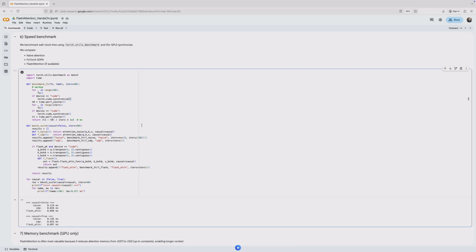Then we record a start time, run the function many times, synchronize again if needed, record the end time, and compute the average time per iteration. Finally, we return the result in milliseconds, which is an easy unit to read when operations are very fast. Next, the function bench_suite defines the benchmark set for either causal or non-causal attention. It creates small wrapper functions, f_naive and f_sdp, that call the naive attention and PyTorch SDPA implementations with the chosen